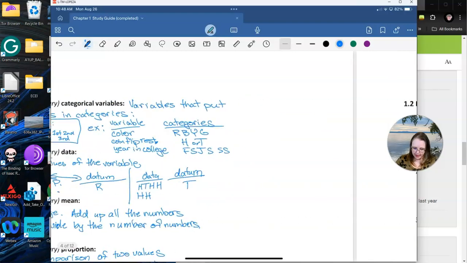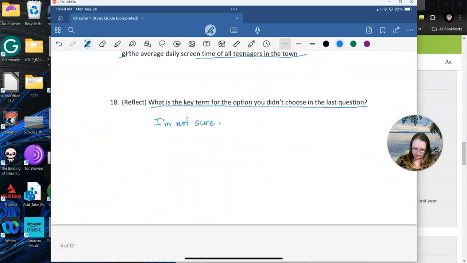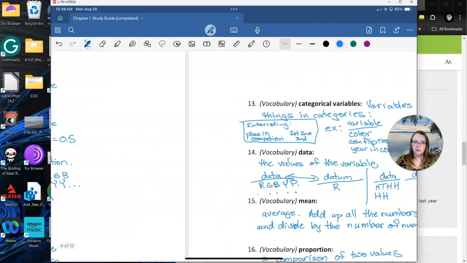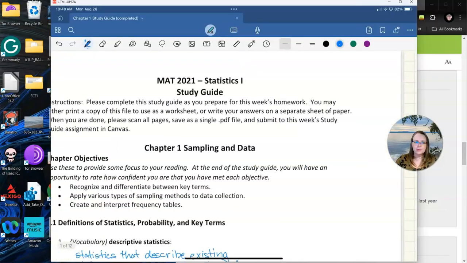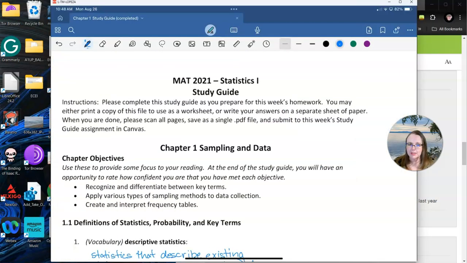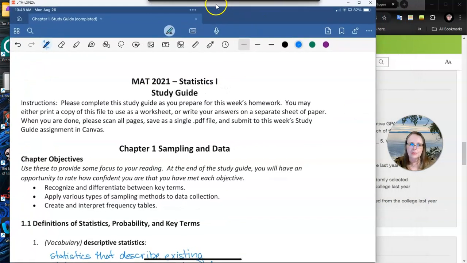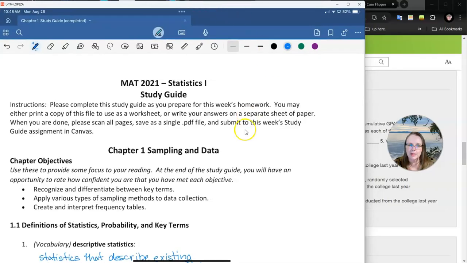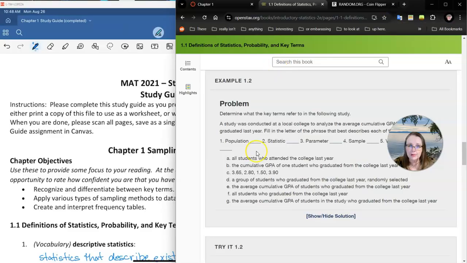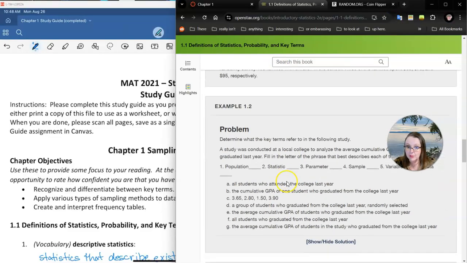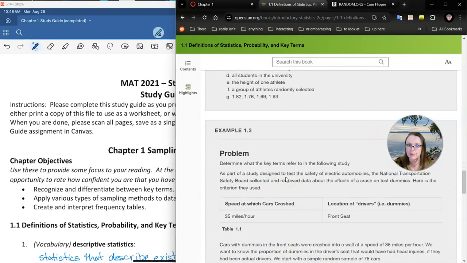All right, so that is everything from section 1.1. And your sheet does not have to look like my sheet does. Your sheet needs to look like something you can use to go back and make sure that you understand what's going on. I would strongly, strongly encourage you to go and try out these questions in the chapter to see if you understand